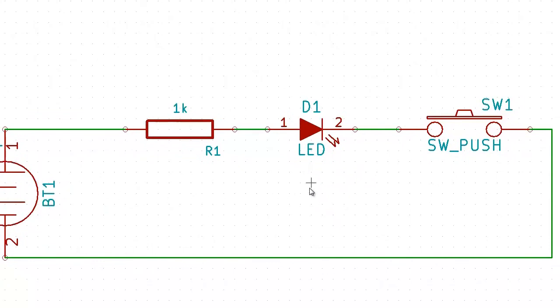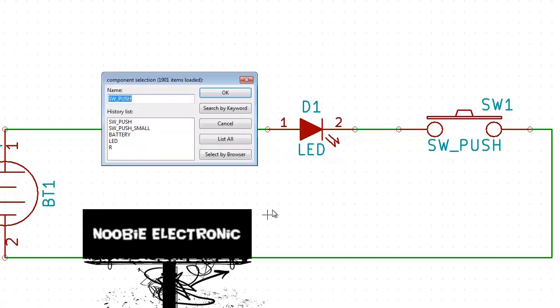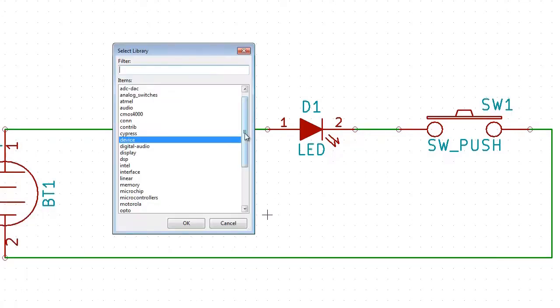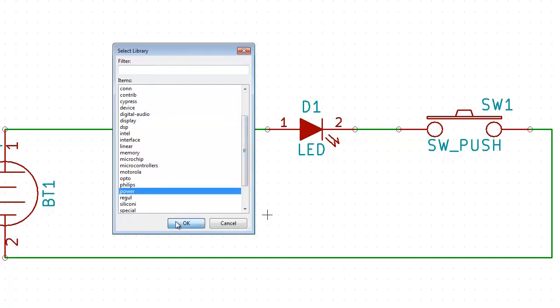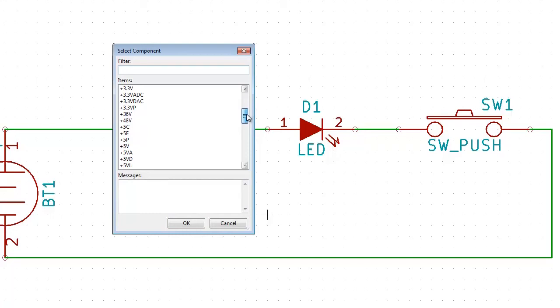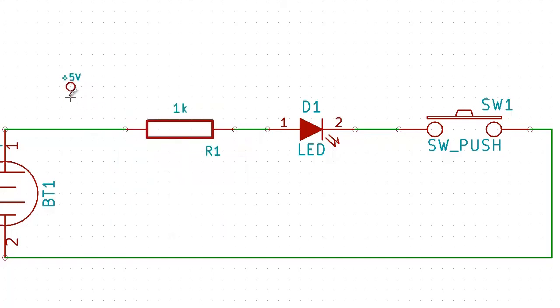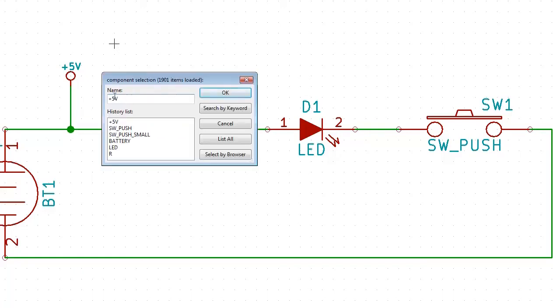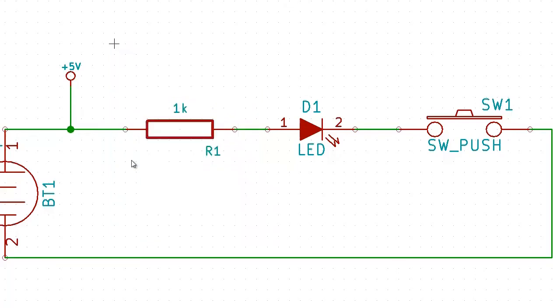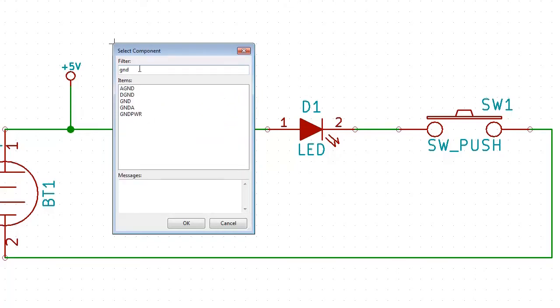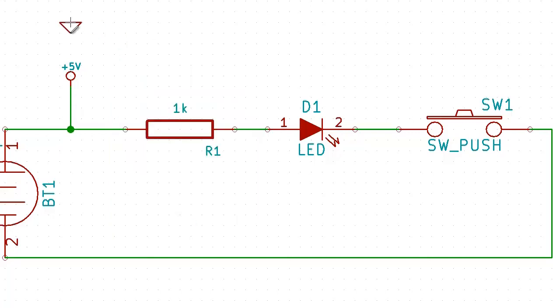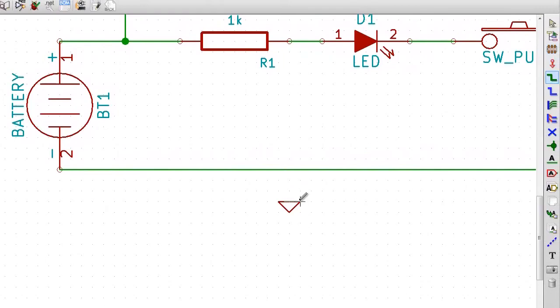And we need to have some sort of ground in the schematic. That's a good thing. Let's place a component ground, and it's in the power library, I guess. Power. Say we have, let's say we have a 5 volt battery there. Connect that to the circuit like that, and we need to place a ground. Okay, now power, ground, analog ground, ordinary ground. Yeah, place that somewhere down there, connect that one,